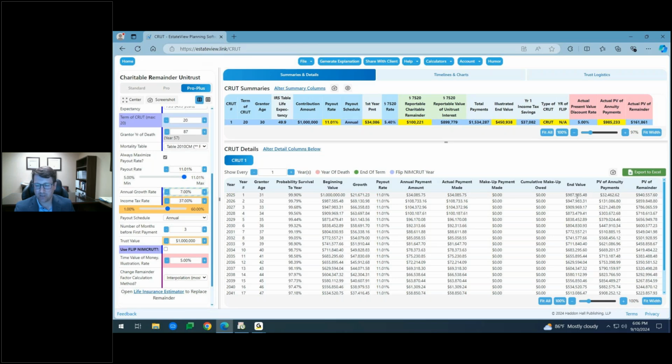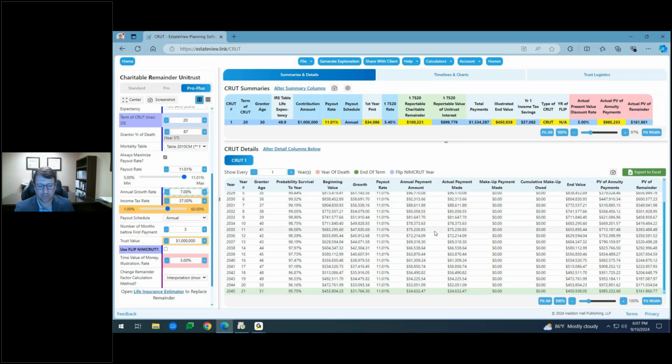That decreases the value of the trust, and you can kind of see our present value calculations here on the far right-hand side. So the next year, the assets grow at 7% again, pay out the 11%. You can see our annual payment amount here. We actually pay that out, we pay tax on that amount, and then the trust value goes down. That process continues for 20 years until the end. So you can see at the end of the day that I've received a total of 1.5 million of payments based upon all these payments made here in this actual payment made column. The present value of those payments is 985,000, and then the remainder, what's left in the trust, this $450,000 goes